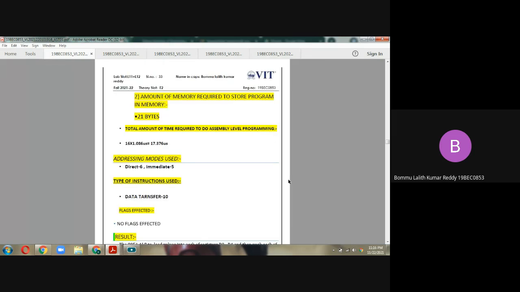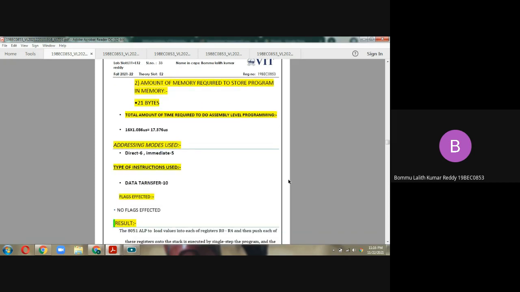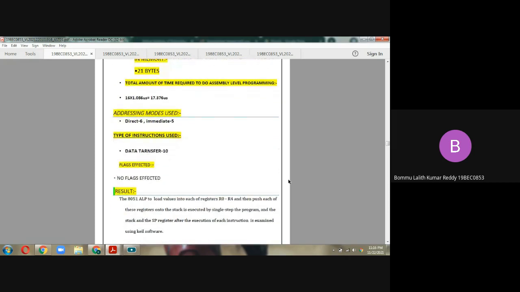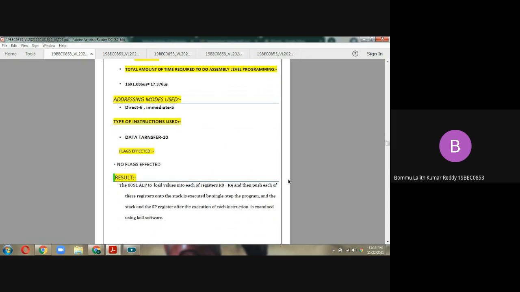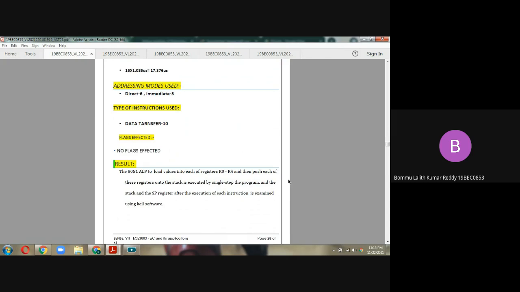And memory used in this program is 21 bytes. Total time required for the assembly level program is 16 times 1.085 microseconds, equal to 17.376 microseconds. Addressing modes used are direct and immediate 5. Types of instructions used is data transfer, equal to 10. Flags are not affected. And coming to the result, the 8051 ALP loads values into each of the registers R1,